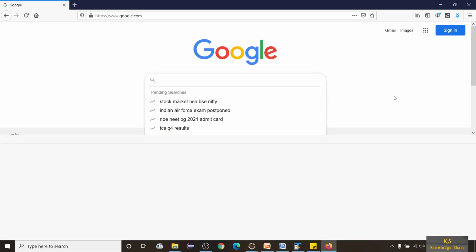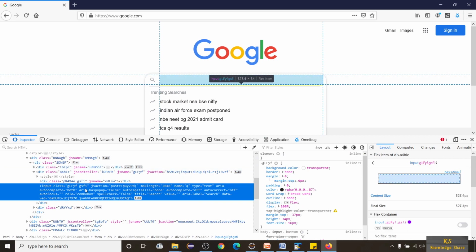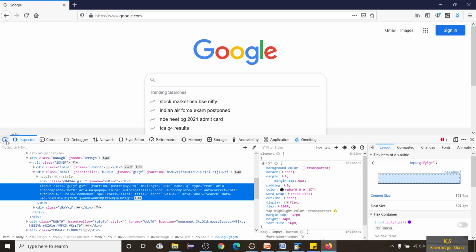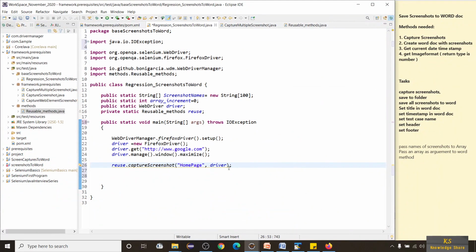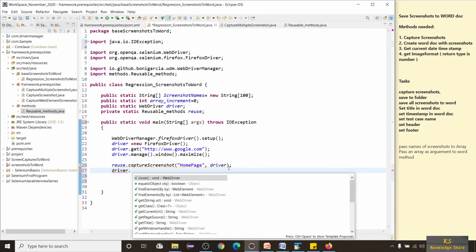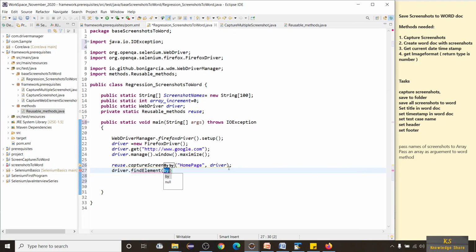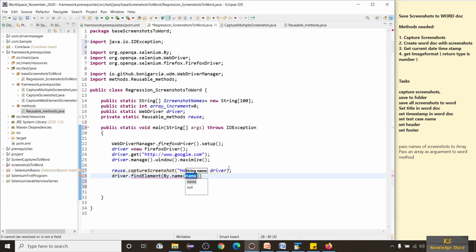So let me inspect this element. We have name q, right? So let's take that: driver.findElement(By.name("q")).sendKeys, and I'll type something like knowledge share. And then again I want to capture a screenshot.